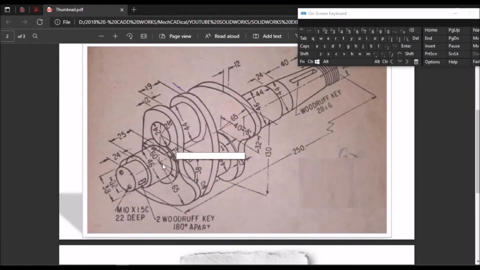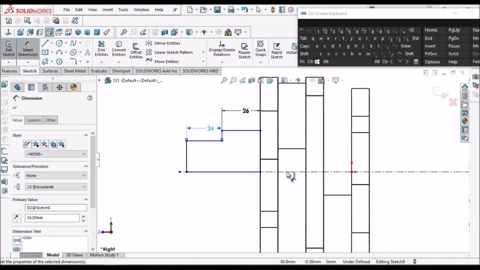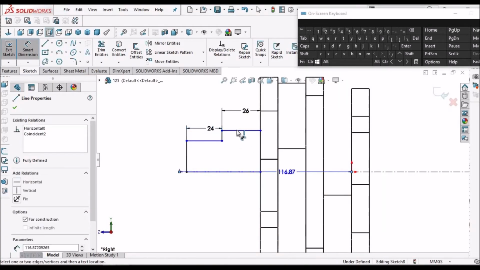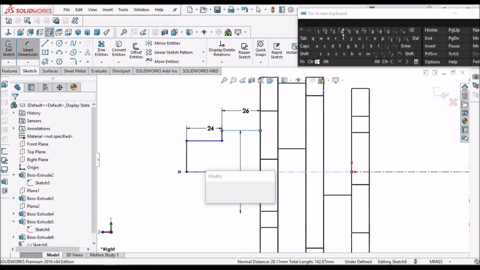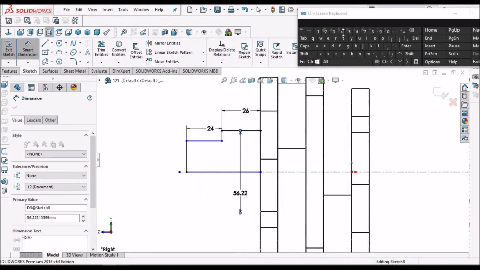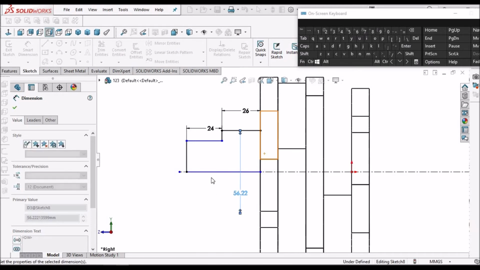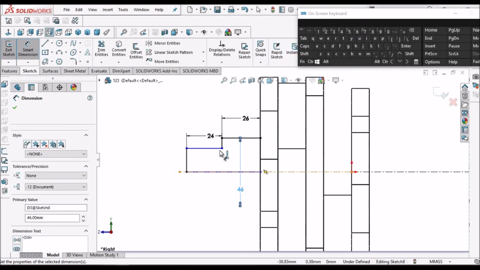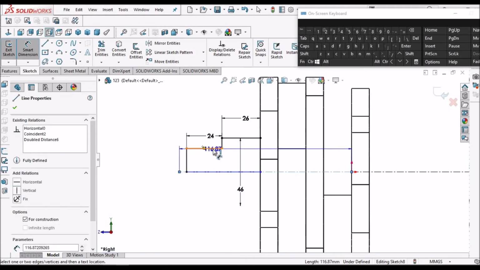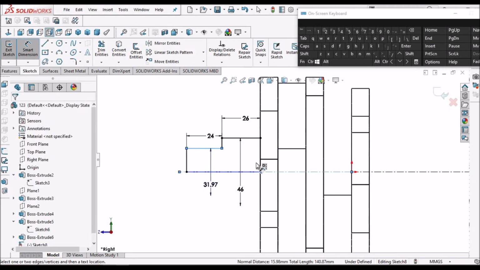And we have to check the radius. Radius is 40, diameter is 46, and this is 38. Forty-six. 38.